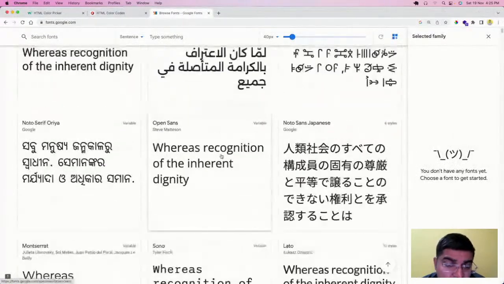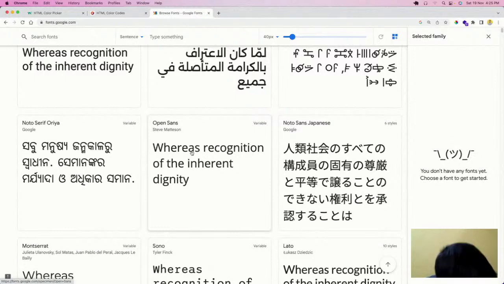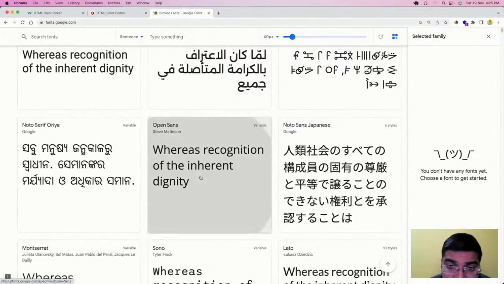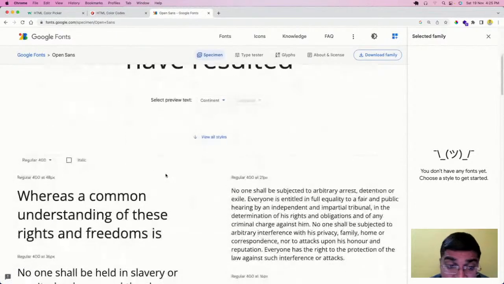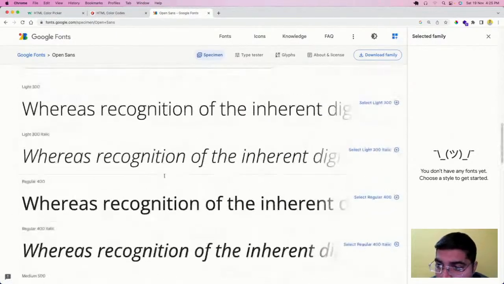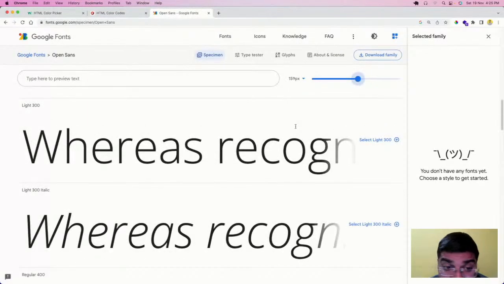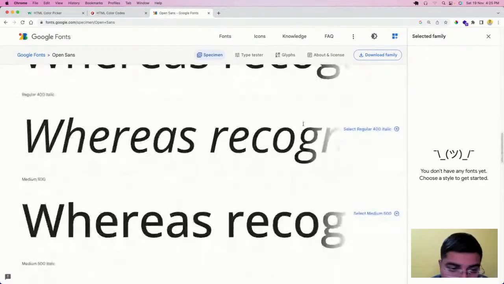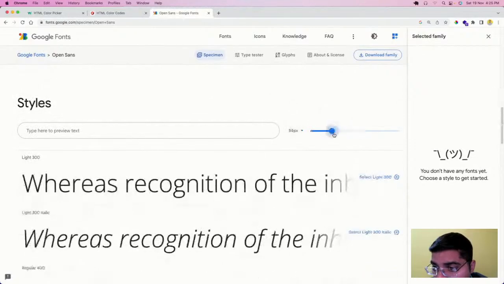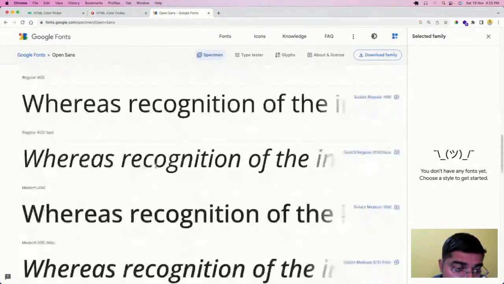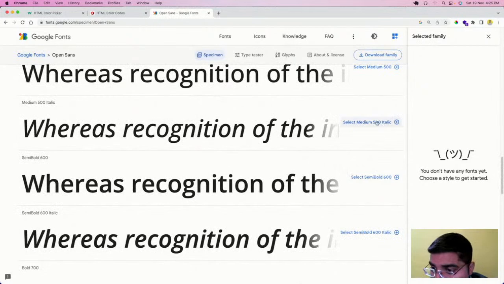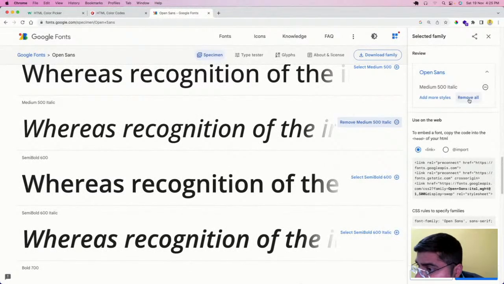With the help of Google Fonts, you can make your web page look more attractive, more decorative, and even more different in fashion. So here, let us try this Open Sans. So this is the font. Let us change it. Okay, it seems high. So let us pick this one.